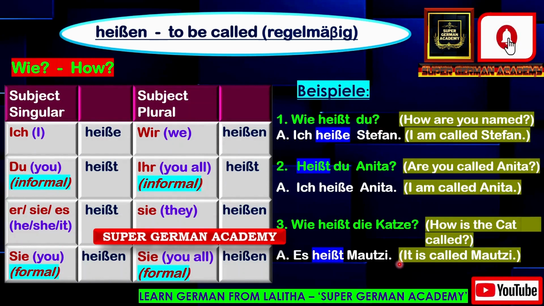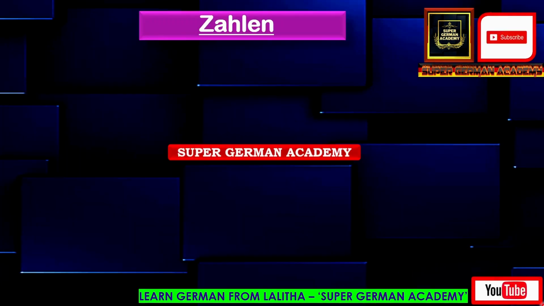And this is the way the question pattern and answer will be done with this conjugation of heißen for the different subjects. And one thing I want to remind you, it is not the same as in English. English is a different language and German is a different language. You have to learn the way you have to speak in German. So in English you say what is your name, but in German you say how are you called or how are you named. This is how it goes in German. So we learn the pattern of how you have to say in German for any verb and for any sentence. When you want to ask, you learn the exact way, and that's how you're learning here in German. So I hope you understood about heißen.